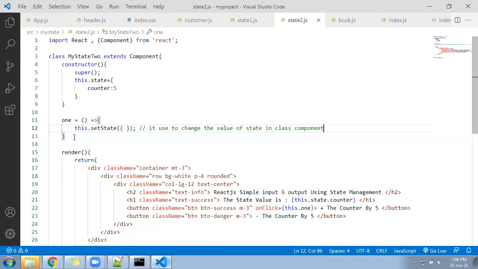Now, what we have to do? We need to go inside. First, write that comment. What is the setState function? The setState function is used to change the value of a state variable. Value of a state, you can write here variable or you can write array. Variable and array, both you can add.